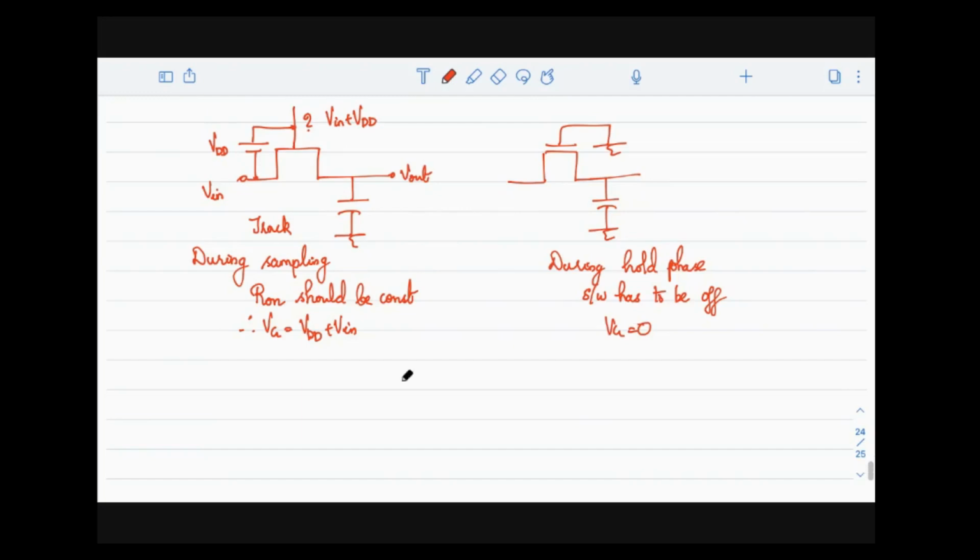The possible option here is to use a capacitor and charge it to VDD. If this capacitor is available between the gate and the input side during the sampling time, that problem is solved. And during the hold phase, this capacitor should not have any effect. That means I should connect this across some switches. So the best way to connect is